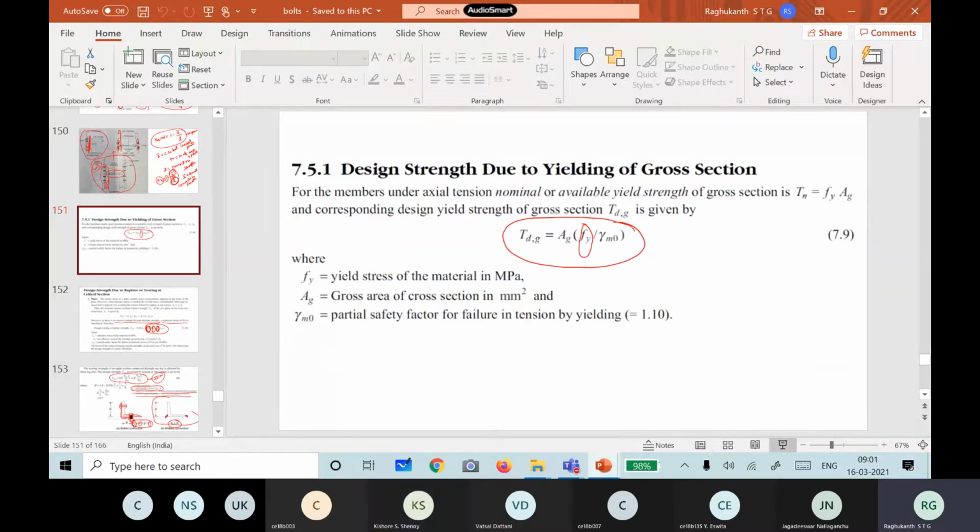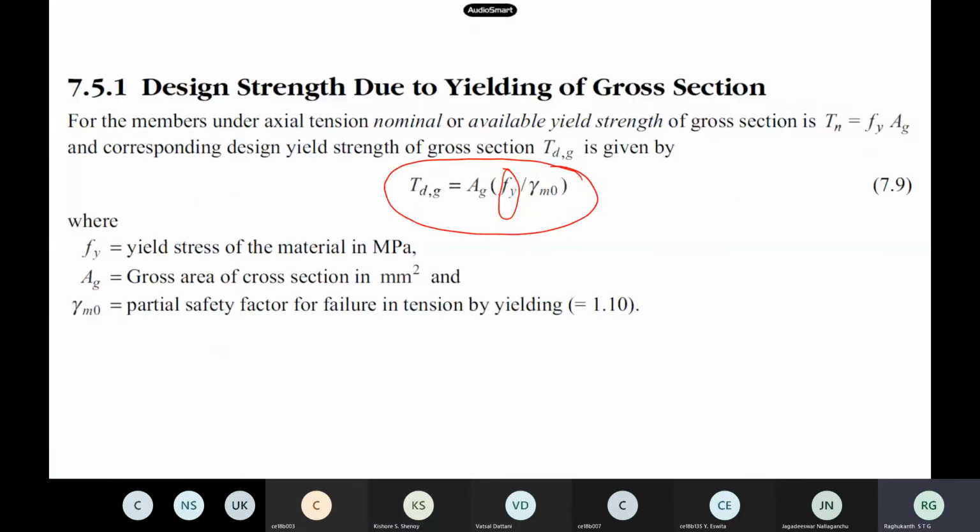Yes, sir. Okay. So anyway, last class, from last week, we have been discussing tension members. Finally, in tension members, three things you have to do. Three modes of failure are there: one is due to yielding, then net tensile rupture happens, then we have block shear failure. These are the expressions given in the code, and they come from mechanics and some empirical things also.